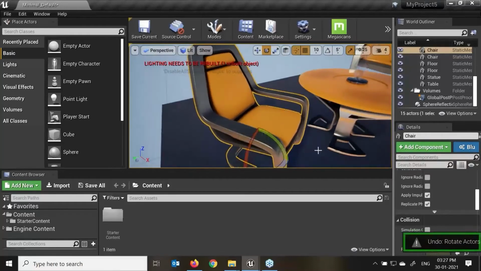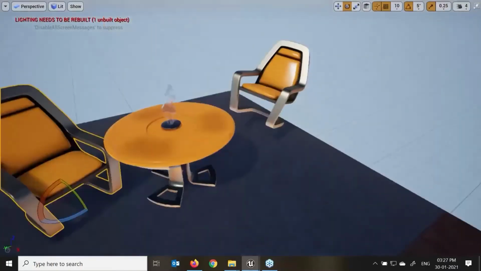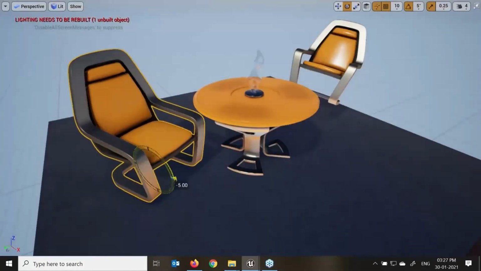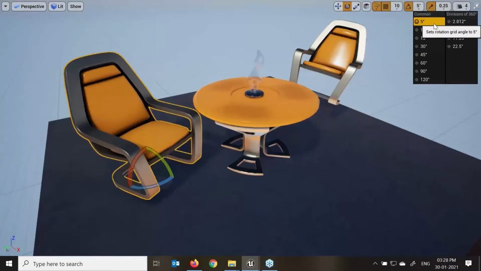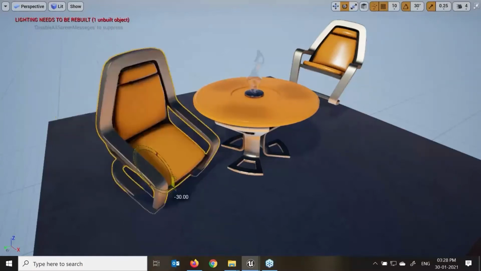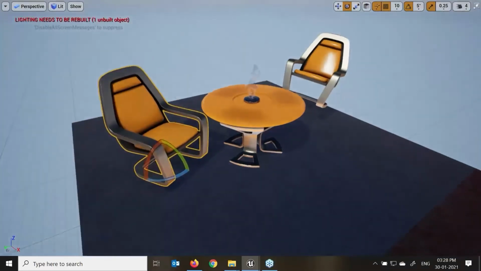If I don't require that, I need to turn on these options, select and rotate. Just maximize this view so we can understand more clearly. Here we can see now we are getting 5, 10, due to we have given the 5 rotation value. If I put in 30 degrees and select and rotate, it will rotate 30 degrees. We will not receive any value in points. Select and make this a 5.